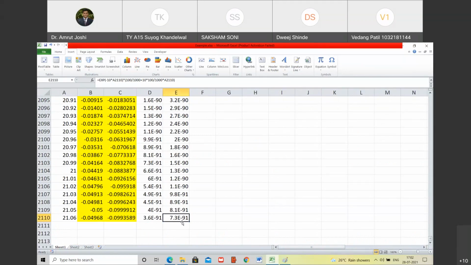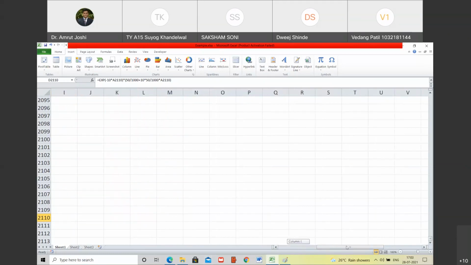It is very small, but it has not reached 0 and it has not gone to the negative side. Similarly, for the system which started from 50 mm towards right, where I had stretched the system only by 50 mm, there also at the similar time, the value is 3.6 into 10 power minus 91. Very small value. It is approaching 0, but it has not become 0. It has never crossed 0. Do you agree with me?